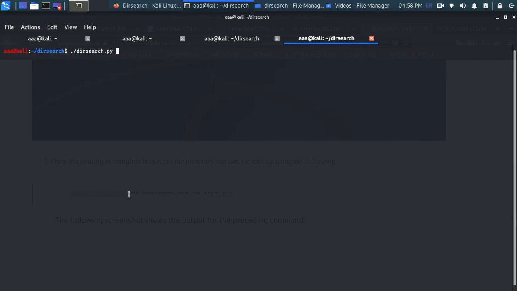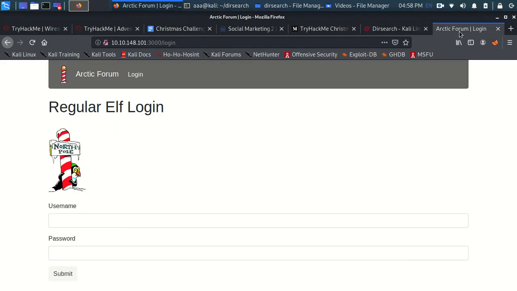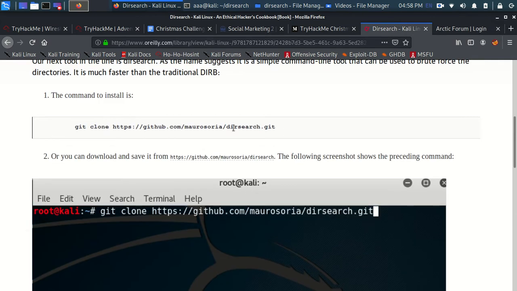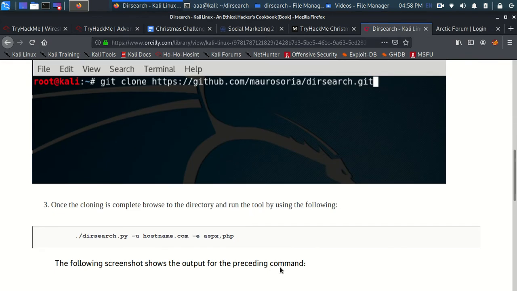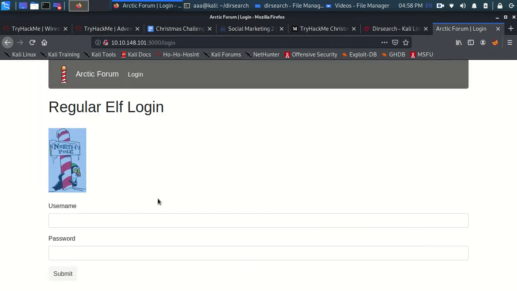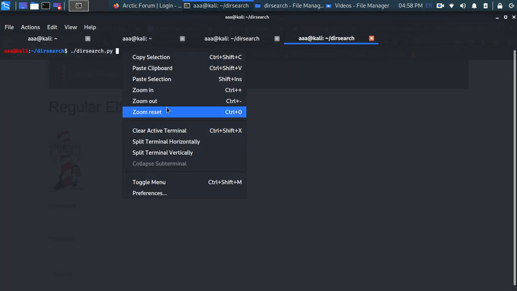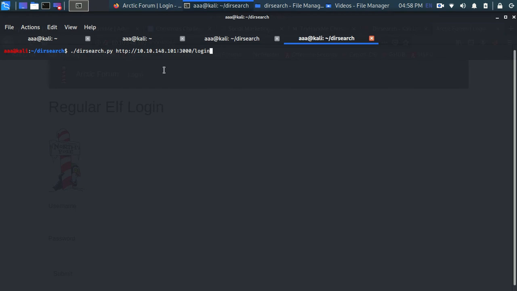It's dirsearch.py and the name of the website. I'll put this in the description box, don't worry, this one and even this one if you want. This is the website, so I'm just going to copy this and paste it over here, and I'm going to remove the login.